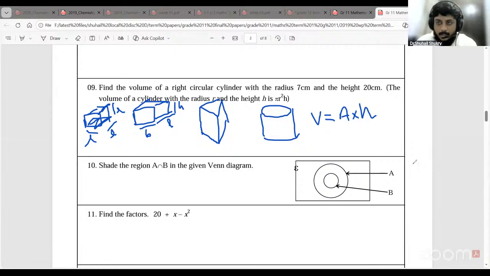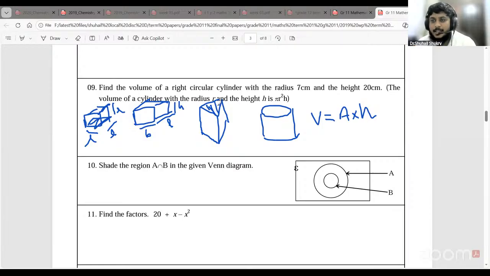So even for the triangular prism, Putha, you guys had so many things to remember. Actually, there is no need to put any effort into remembering this. You have to keep the prism in this way. If you keep the prism in this way, then